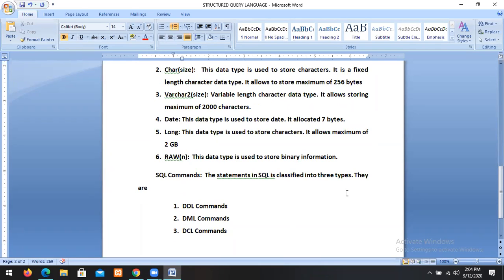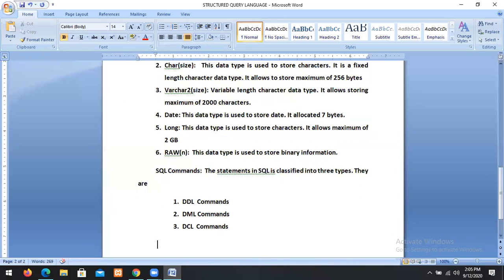DDL indicates data definition language. DML is data manipulation language. DCL is the data control language. So what are DDL commands? We'll call them DDL statements. These statements are used